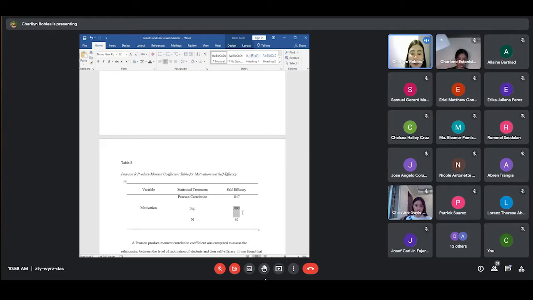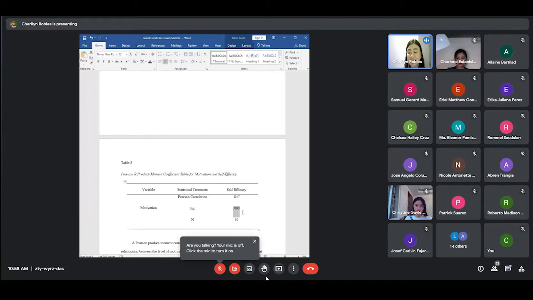Is there a significant relationship between self-efficacy and motivation? Anyone? Again, is there a significant relationship between self-efficacy and motivation if your p-value is 0.000